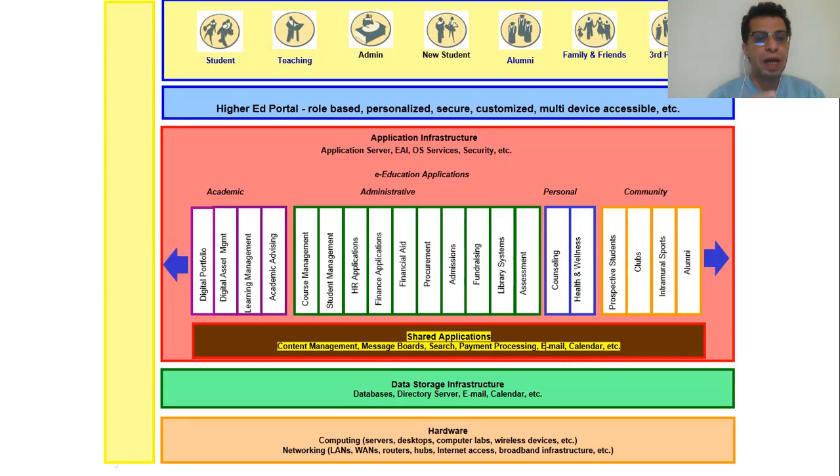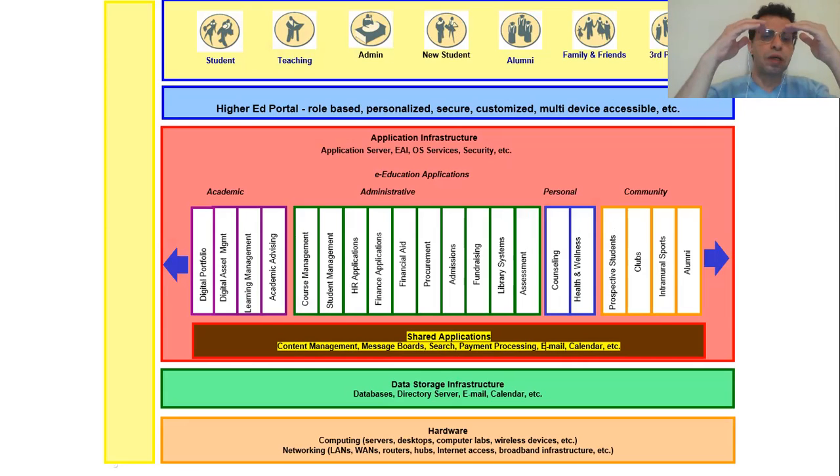And any other third party who is supplying things or teaching, like outsourced contract professors or a company supplying things. So the whole portal, these entities are involved. You start from the top.